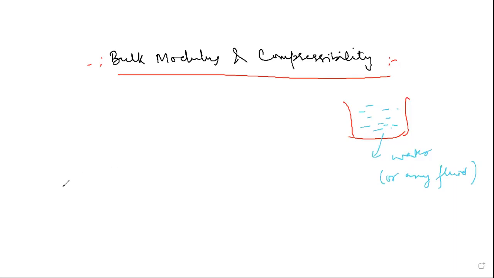So suppose we have some body, and V is the volume of the body. So when I place this body in some fluid such as water, as I have shown,